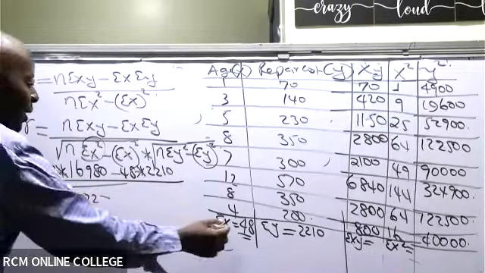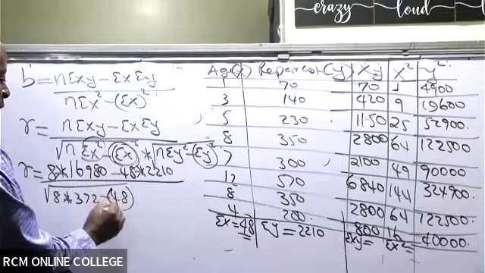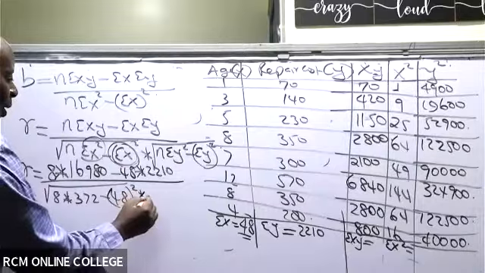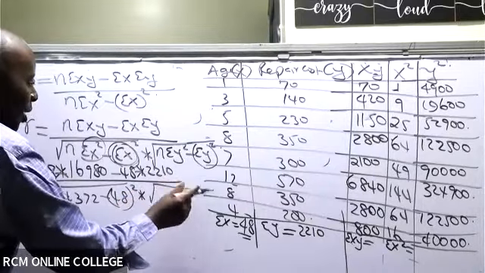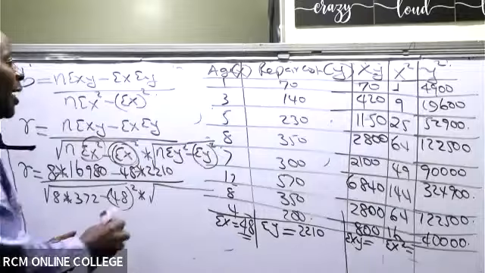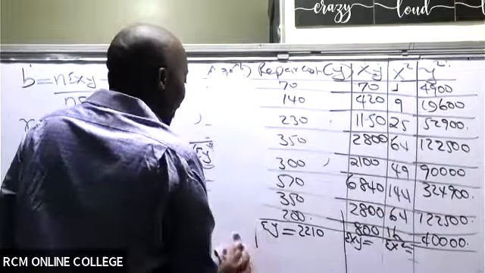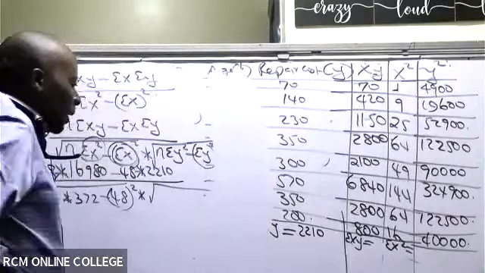Minus summation of x, which is 48, but now this has to be squared. Times, take another square root. So this other square root,